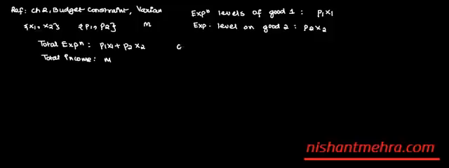What do you mean by a constraint? Constraint is when you are maximizing your utility function subject to a constraint. So for example, you would want to buy a MacBook. That might cost, I don't know, 70,000 bucks. Now, your income is 50,000, so you are constrained by your income. Or suppose your income is 1 lakh. So you can still buy the MacBook, but there'll be some amount left which you can spend on some other goods. So the constraint is that your total expenditure